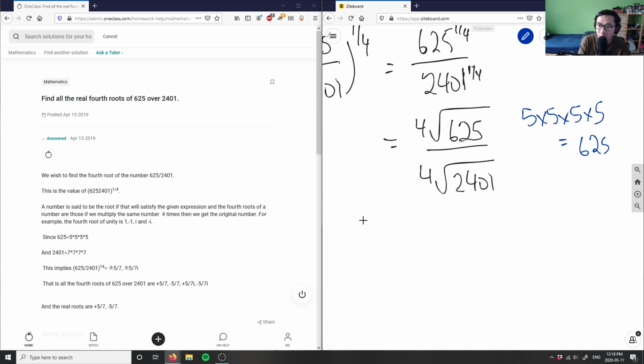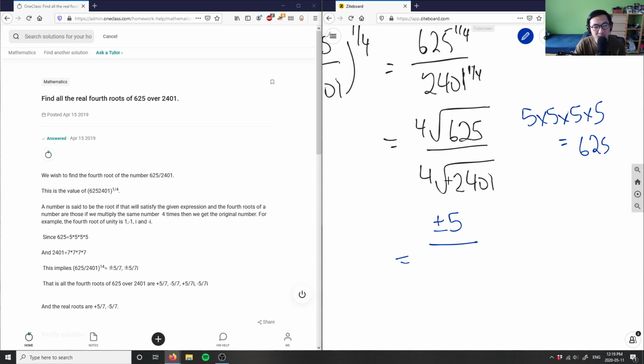So I know that the numerator here is going to equal 5, and this here is plus or minus 5, right? Because if I'm taking the fourth root here, I should get plus or minus 5 here. And then finally, this one here would be